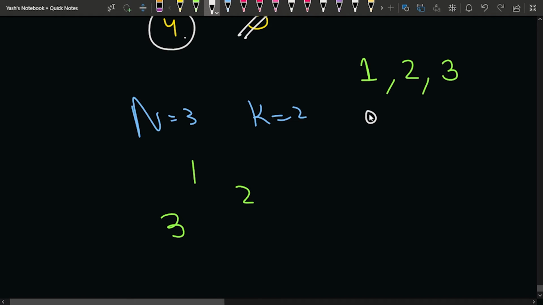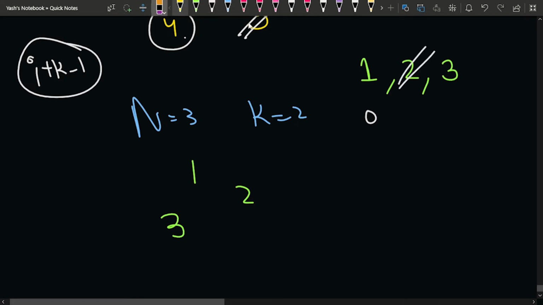If I am trying to kill the kth person, what will be the position of the kth person? If k is equal to 2, then I want to kill this person, and this person is at the index 1. So if I am currently at an index i, I will kill the person standing at the i plus k minus 1th index, because the array is 0 based index. So suppose we kill 2 in this part. When we kill 2, this element will get deleted from the array, and the array will have 1 and 3 only, right? And now the index of 3 will be 1.